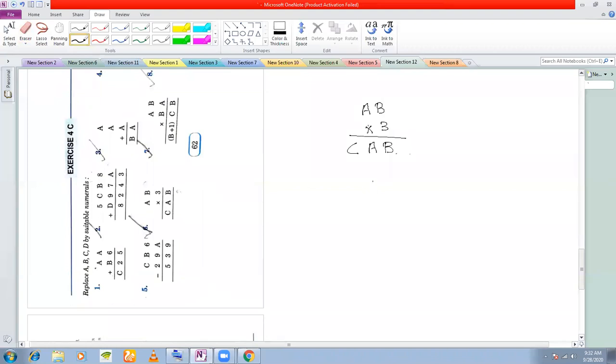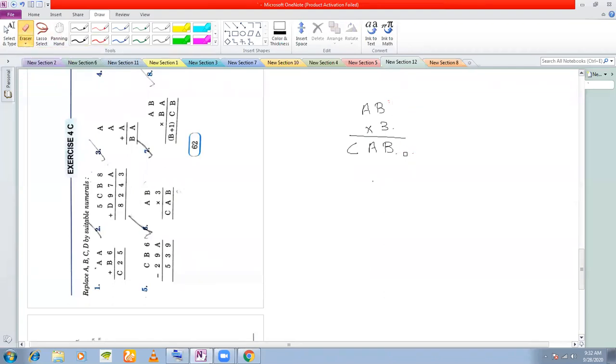Okay. So now if you see, when you carry out a multiplication, you multiply these two digits, right? So if you take the digit b as 1, then 3 into 1, is it giving you b back? No, it is not, because b I have taken as 1. So 1 is not possible. Next we try it with 2. 3 into 2 will give you 6. Again, we are getting two different values of b. So 2 is also not acceptable.